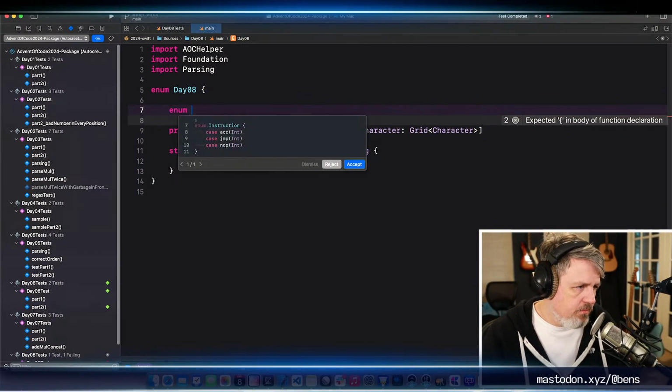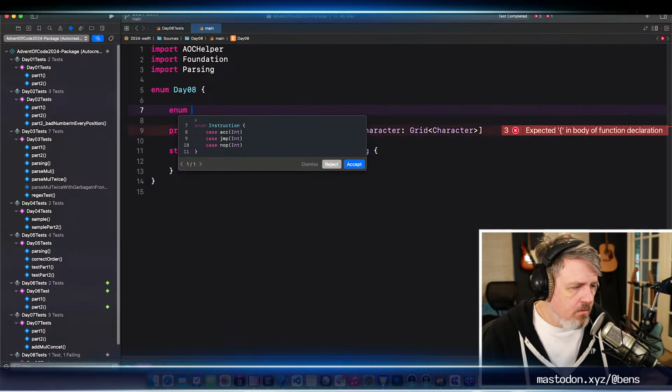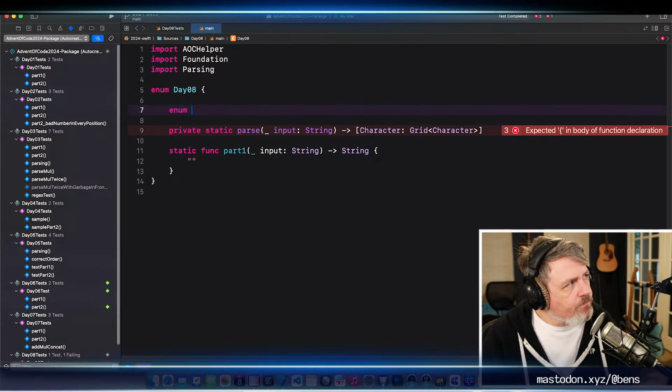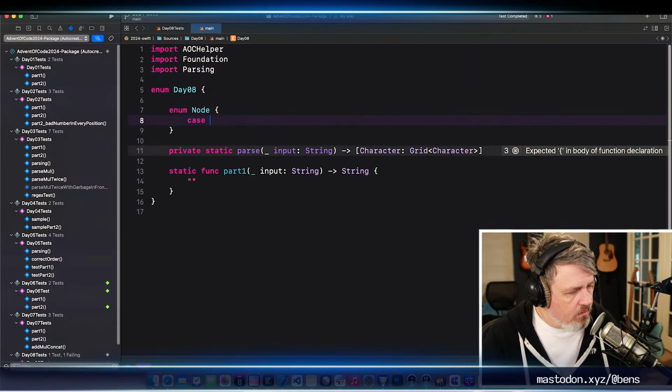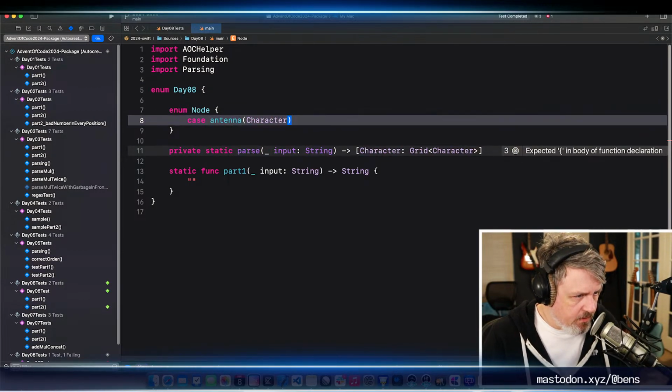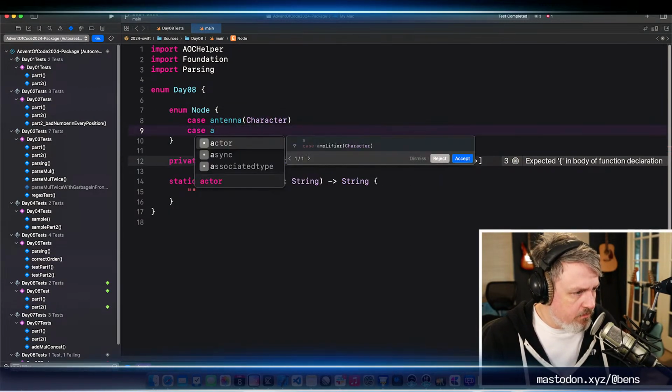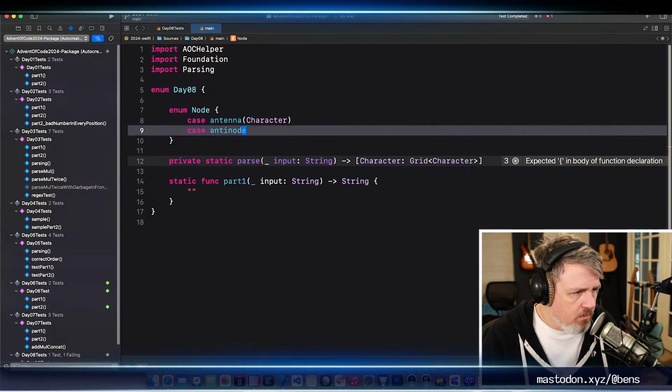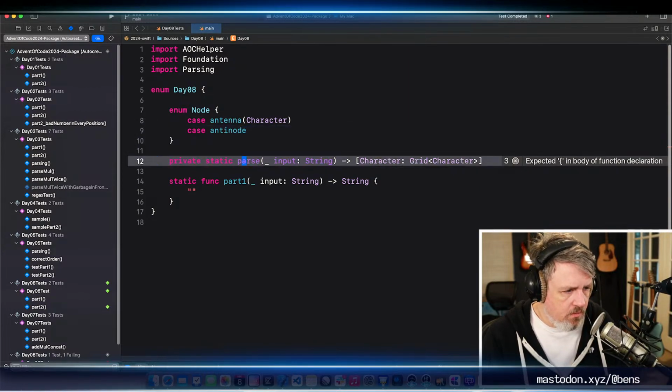Let's do antenna, and that's going to have a character associated with it, and then an antinode. So then this could be a grid of nodes.